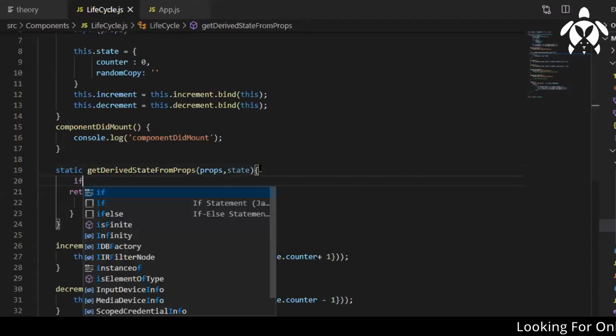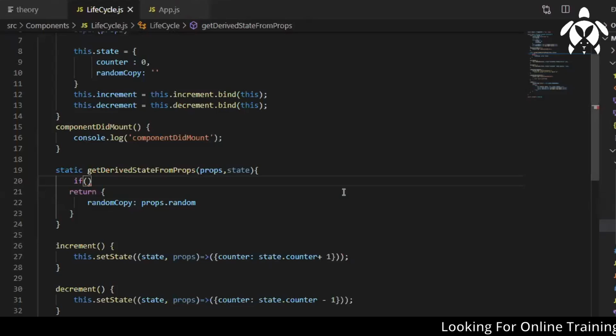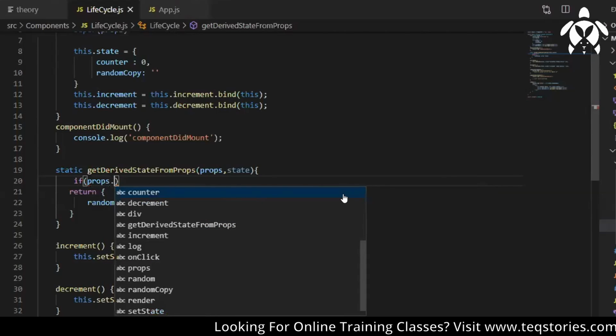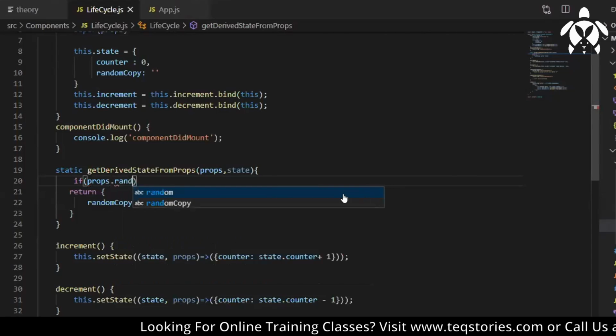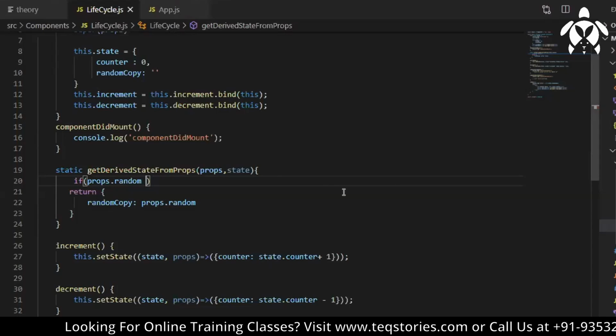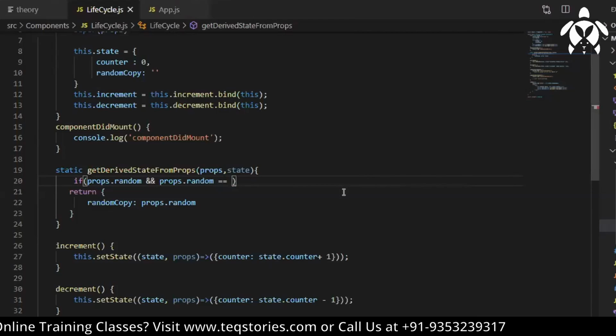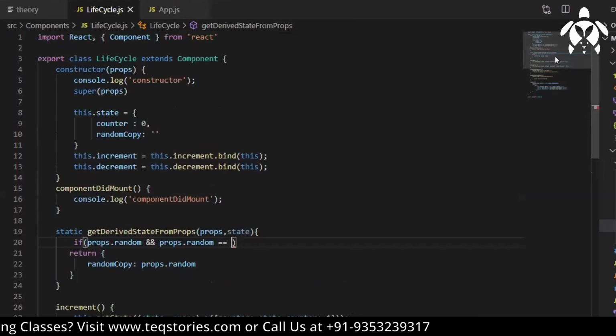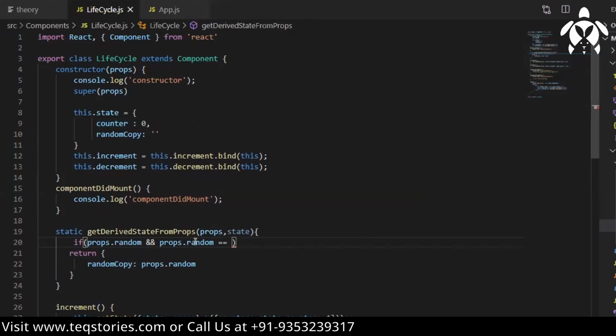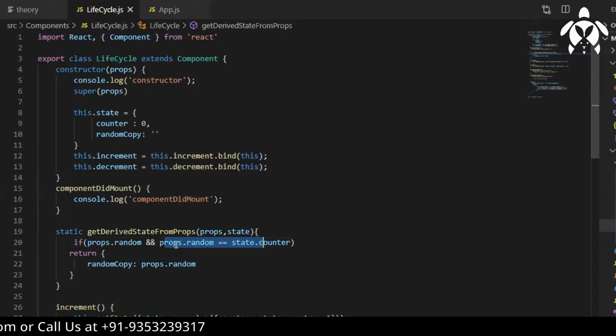First of all, you should get props, right? So you can write if props.random is equal to, let's say, state.counter. Let's say when they both become the same, when my random is 20 and my counter is 20, then only it has to copy the data.